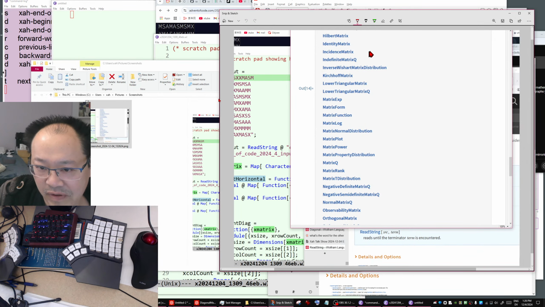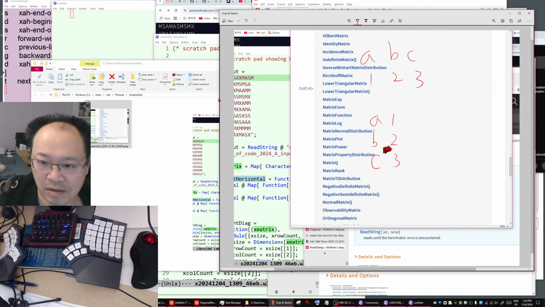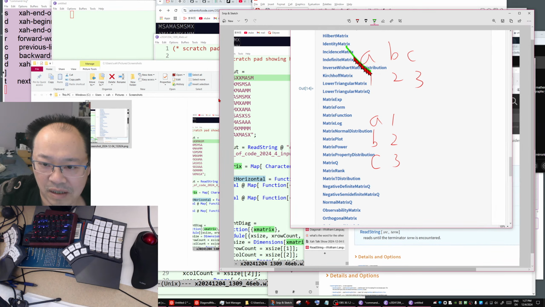So if you have A, B, C, 1, 2, 3, when you do a transpose, you got A, 1, 2, 3, A, B, C. Okay, now let's think about diagonal.